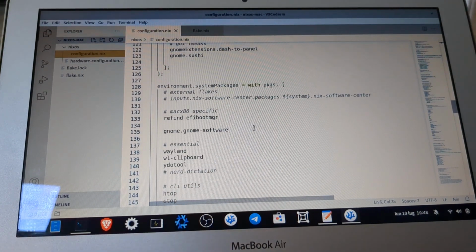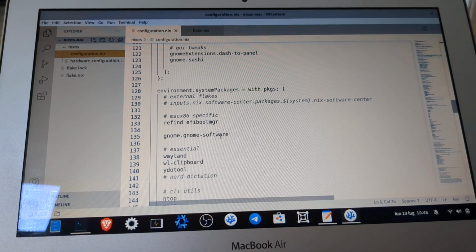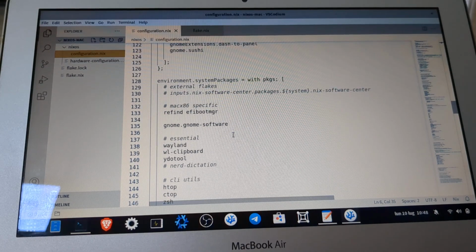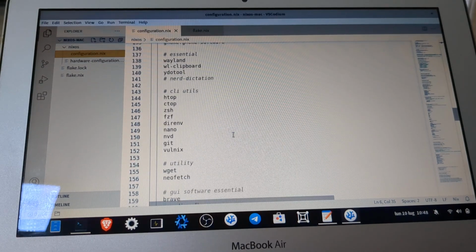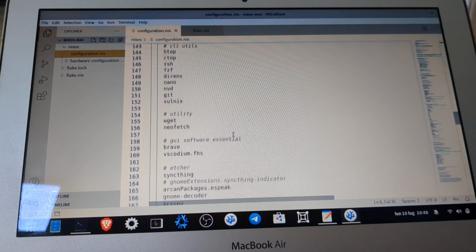There isn't a very clear separation between all the software, because sometimes you can install the same software in system packages or user packages. It depends if it can be used from other users or not. And as you can see here, we have the list of software that I installed.